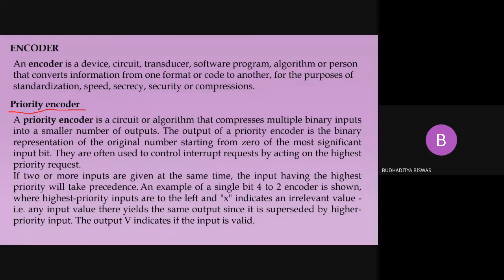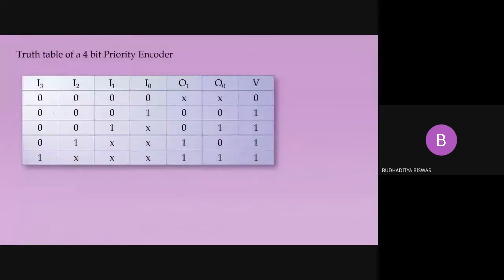Here you see, this is the truth table of the 4-bit priority encoder. I think it's a little bit difficult to understand, but digitally it's very easy to implement the priority encoder. Here you see 4 inputs. Rather, I call them interrupts. In general they may be inputs, but in this particular priority encoder, consider them interrupts. I means interrupt. So these are interrupt 3, interrupt 2, interrupt 1, and interrupt 0. These are the inputs of the priority encoder circuit, and this is actually the interrupt level.